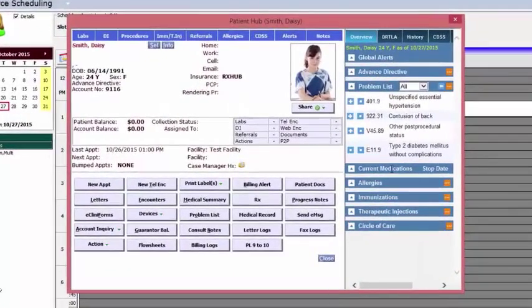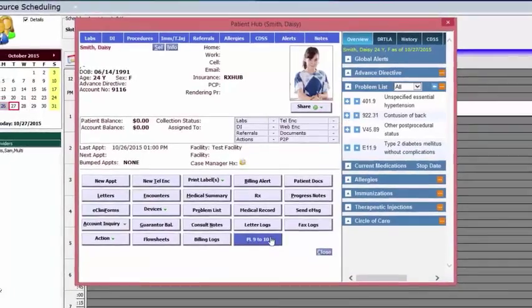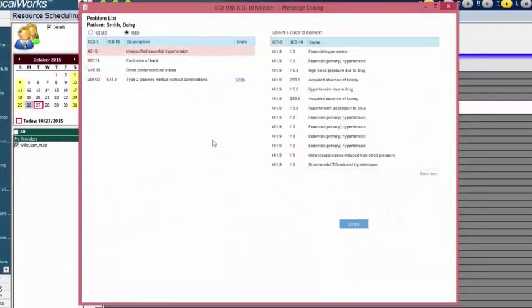For those of you using the IMO Smart Search tool, you'll follow a similar path. Again, from the patient's hub, click the PL 9 to 10 button. This will open up the same window. This time, we'll choose the IMO radio button. Select the ICD-9 code from the list on the left, and again, the list of equivalent ICD-10 codes will display